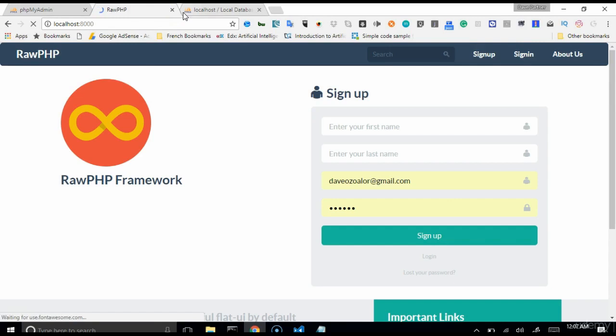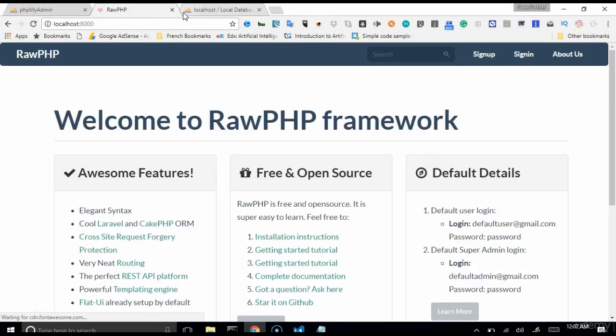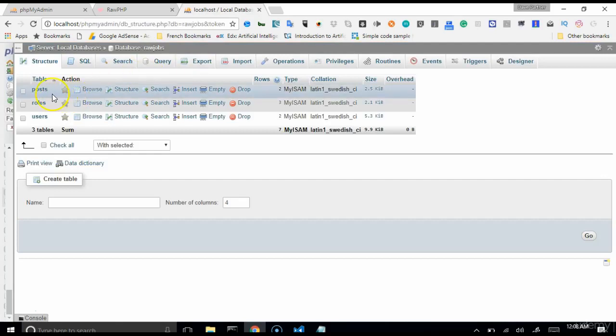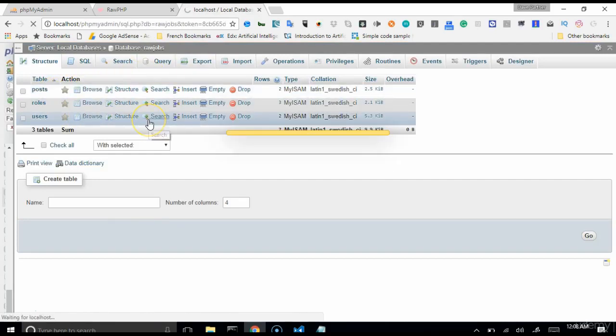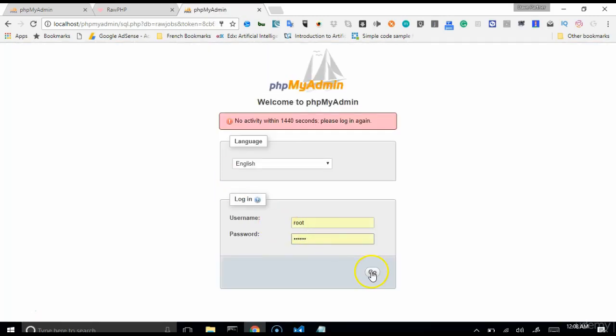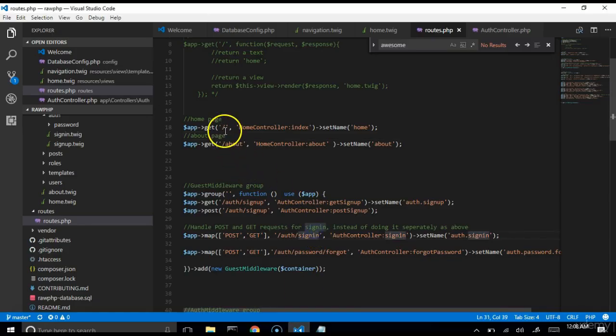What we can do is to make sure that our home page points to our posts controller, where the list of job postings can be seen, so that when somebody visits our website the first time, all they see is job postings. So from our database, we already have a posts table that we can use as job postings. The only thing is that we can adjust it to have more fields. So what we can quickly do is go back, and this post, instead of this, it should just go to